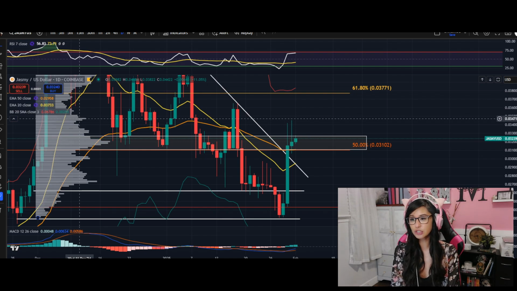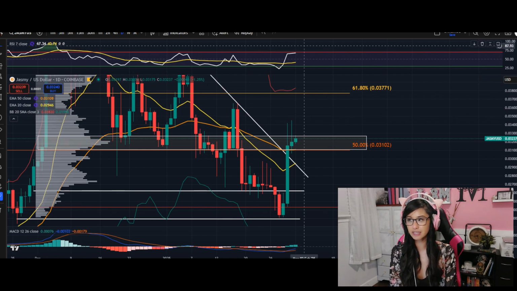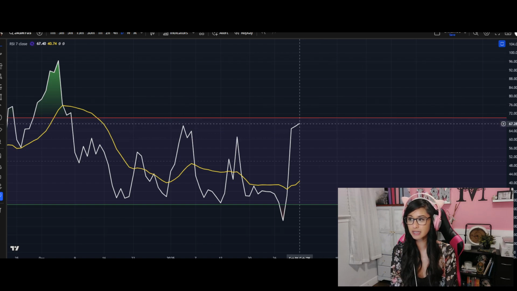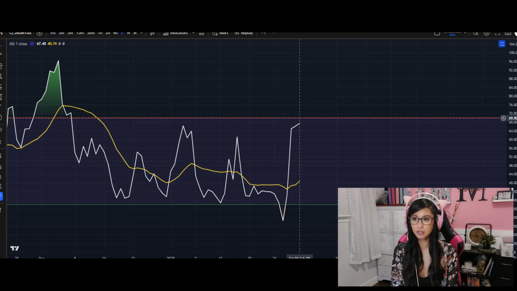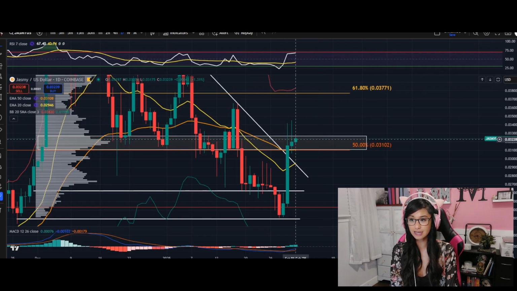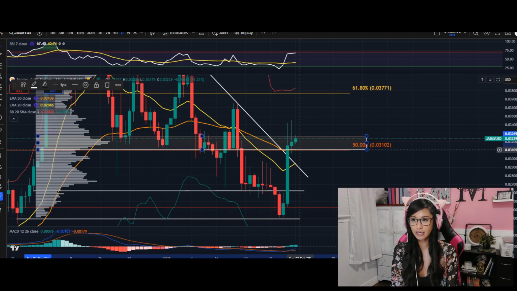Most importantly, this node from our volume profile at 0.034. Now, we do see some resistance levels, possibly with the momentum coming up to 67%, even though this condition isn't as overbought. It can definitely come up closer to the 70% or even higher before price corrects itself down to an area of support. The support, again, we're using is going to be that 50% of our Fibonacci or that 50 moving average here.